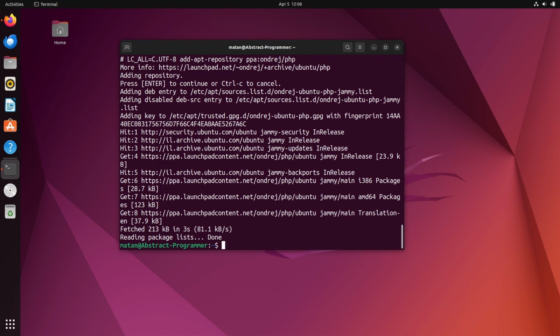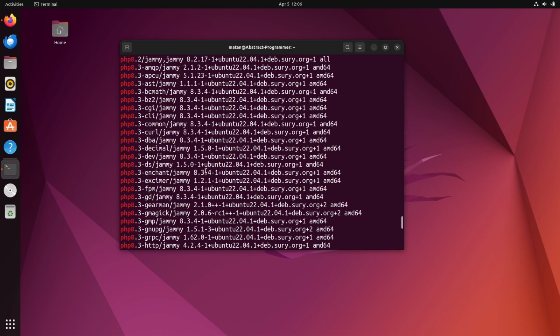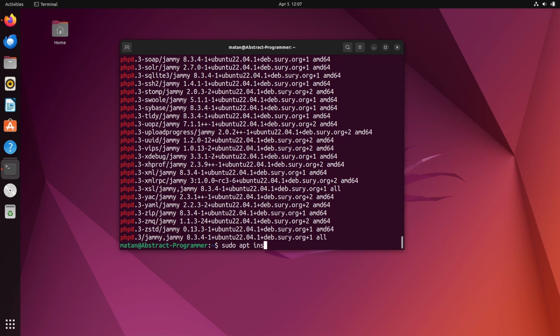If we check which versions of PHP are available to us now, we can see PHP 8.3, PHP 8.2, and of course PHP 8.1, which we also had before. So let's go ahead and install PHP 8.3. I'm also going to install a few PHP extensions, specifically XML, curl, mbstring,